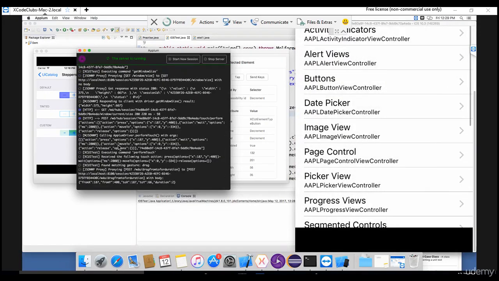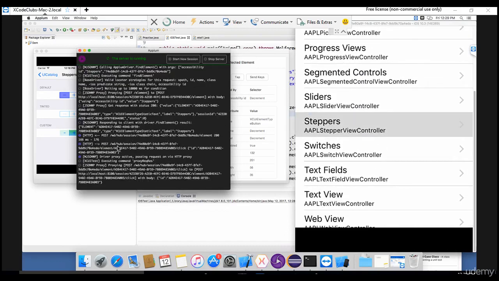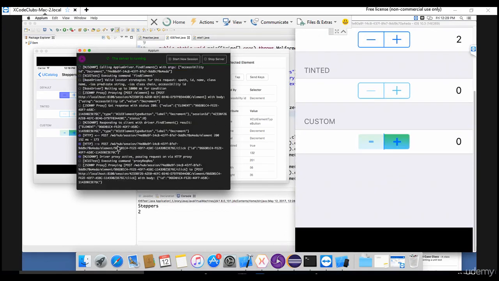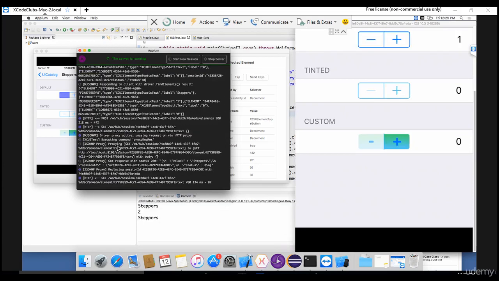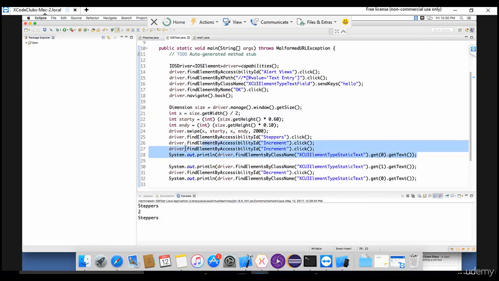Okay, that should go back and it should scroll down. Okay, see that 1, 2, and again it becomes 1. So that means 2 times increment and 1 time decrement. Okay, so if you see the output here, steppers, something went wrong. So let's see what happened. So here it printed steppers, and here for the second time,